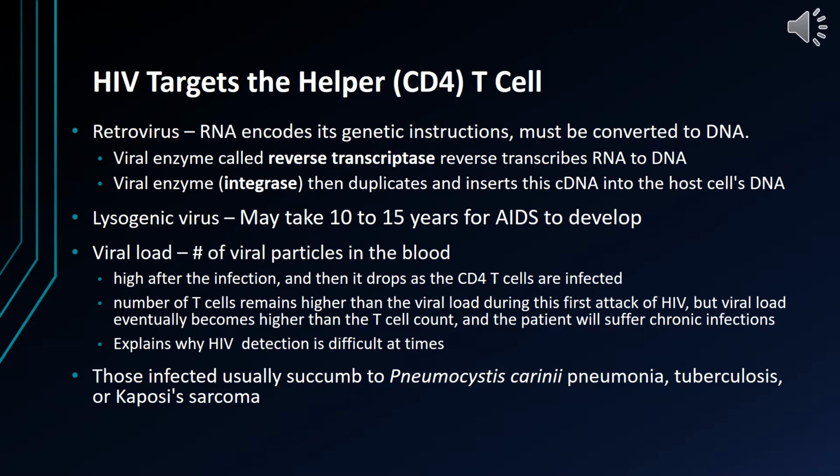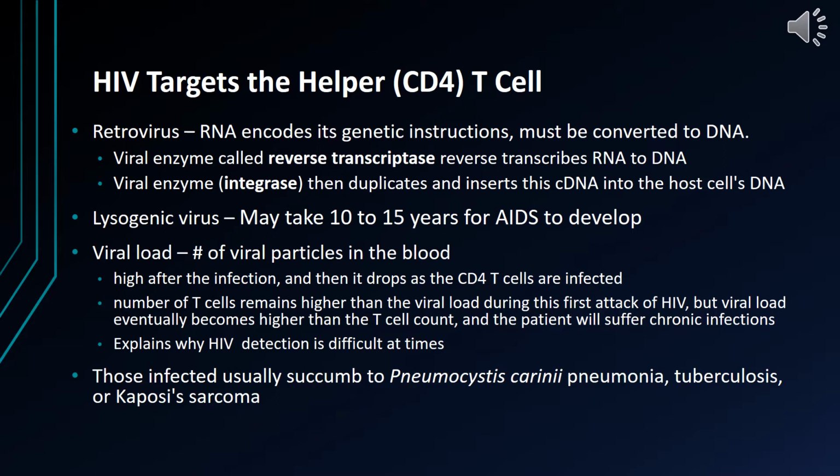That means that the nucleotide contained within it is RNA, and this encodes its genetic instructions. However, when this RNA is injected into the host cell, it must be converted to DNA. And they do this through the use of a viral enzyme called reverse transcriptase,